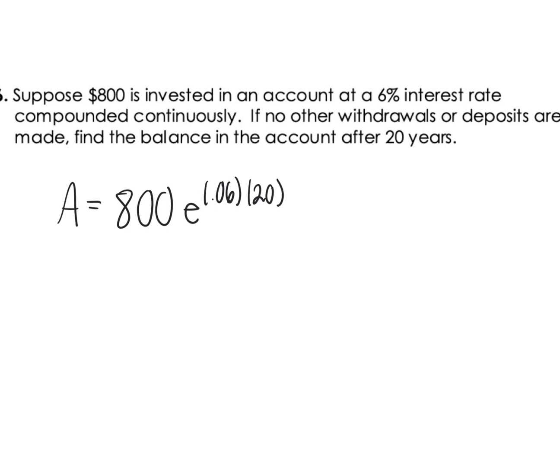So then all we do is multiply this out. The number e is on the division sign. So you're actually going to type 800, second, division sign, and then you're going to press caret to the 0.06 times 20. So the amount is